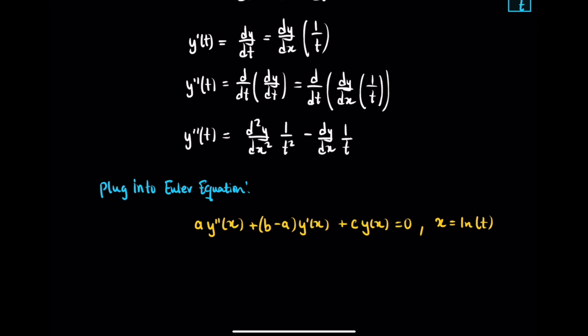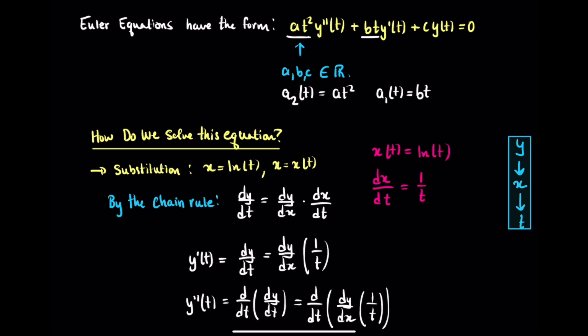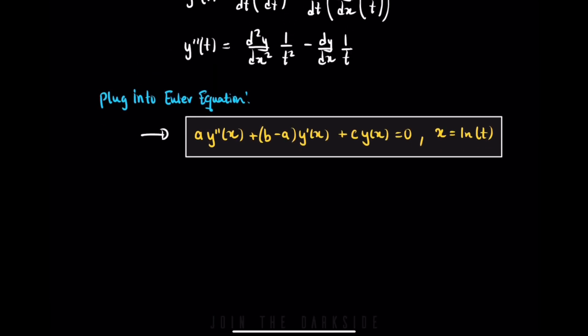Okay, so this is what you have to do. First, you identify that your equation has this form: a t squared y double prime t plus b t y prime t plus c y t equals 0. Then you identify a, b, and c. Once I've identified a, b, and c, I can plug a into here, b minus a into here, and c into here. And then I can solve this equation as a constant coefficient second order